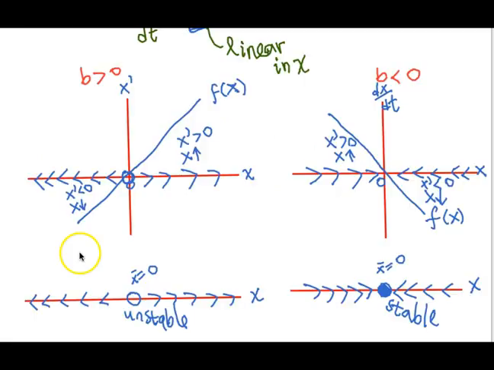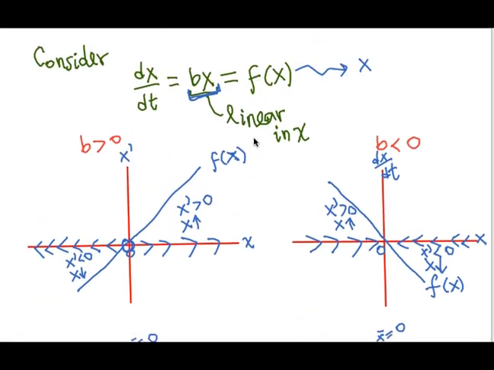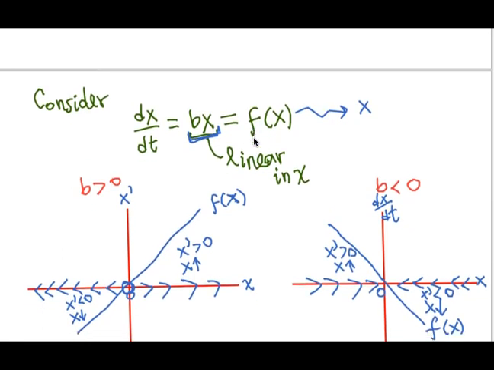Let's continue our discussion about exponential mathematical models. This is part 2 of exponential models. So we had carried out the one-dimensional flow analysis for the differential equation dx/dt equals b times x, where